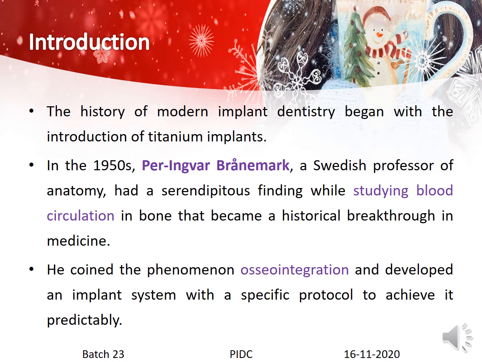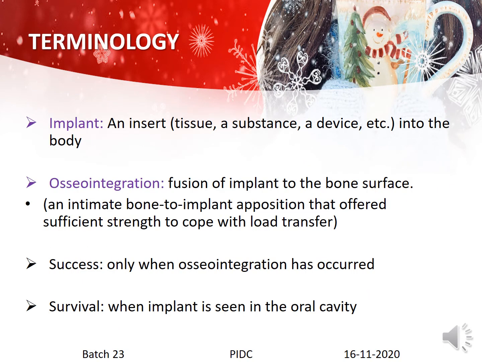To start with, the history of modern implant dentistry began with the introduction of titanium implants. In 1950s, Per Ingvar Brånemark, a Swedish professor of anatomy, had a serendipitous finding while studying blood circulation in the bone that became a historical breakthrough in medicine. He coined the term osseointegration and developed an implant system with a specific protocol to achieve it predictably. Very important in terms of